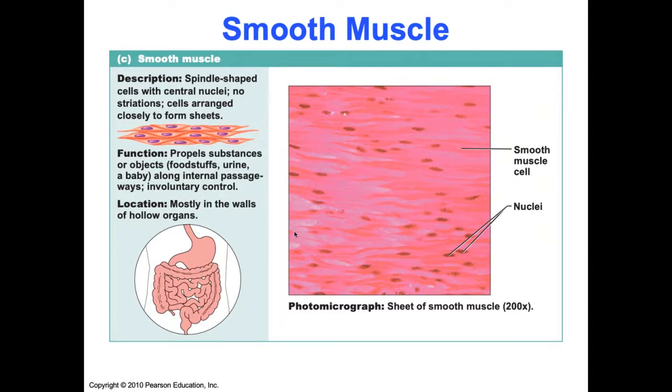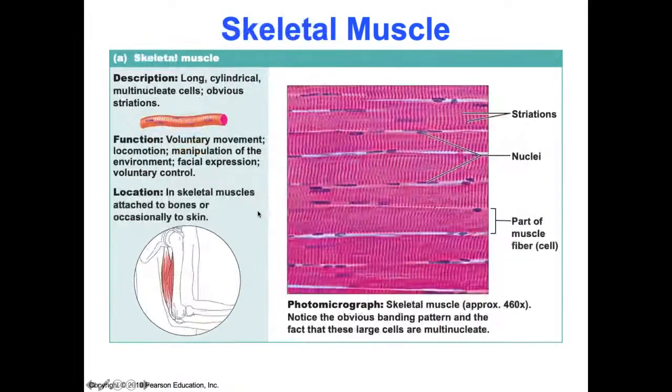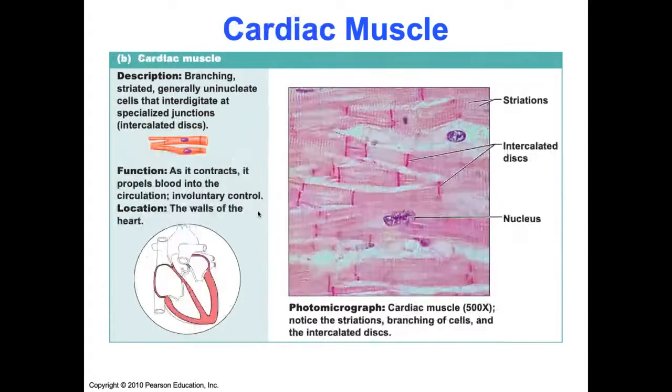You can't control it. So smooth muscle is involuntary. We have to think of it around the walls of hollow organs. It's involuntary. Okay, so again, we have skeletal muscle, striated, voluntarily controlled; cardiac muscle, striated, highly branched with intercalated discs,